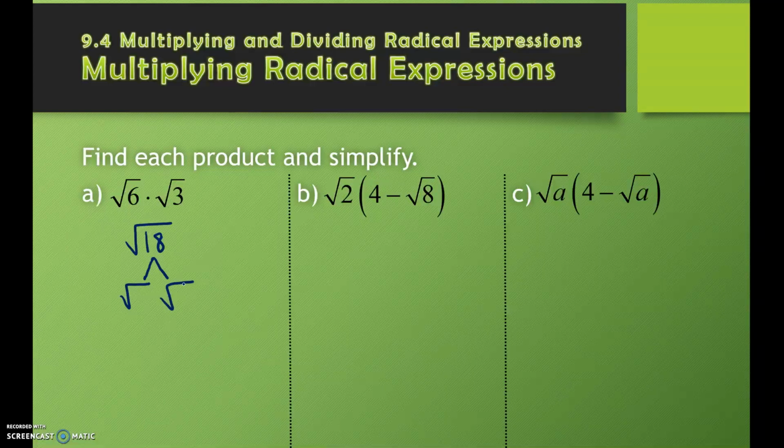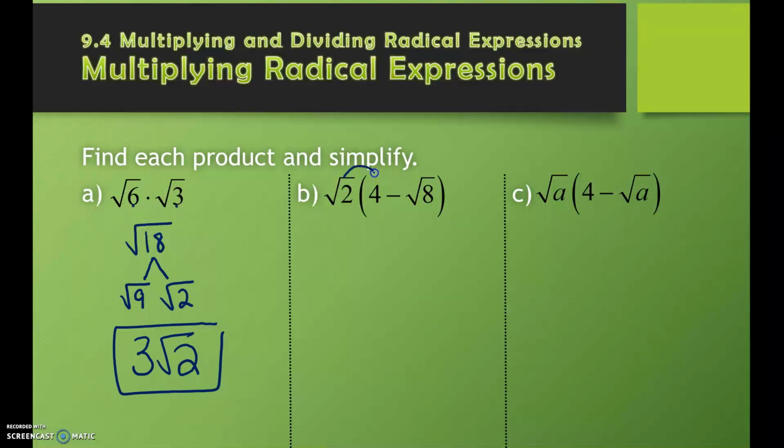Can we split this into a perfect square times something else? Like 9 and 2? Oh, yeah. And the square root of 9 is 3. So this is 3 times the square root of 2. Okay, I did hear a quick question. Where did the 18 come from? 6 times 3 is 18. If they're both under the radical, you can combine them, which leads us nicely into B,